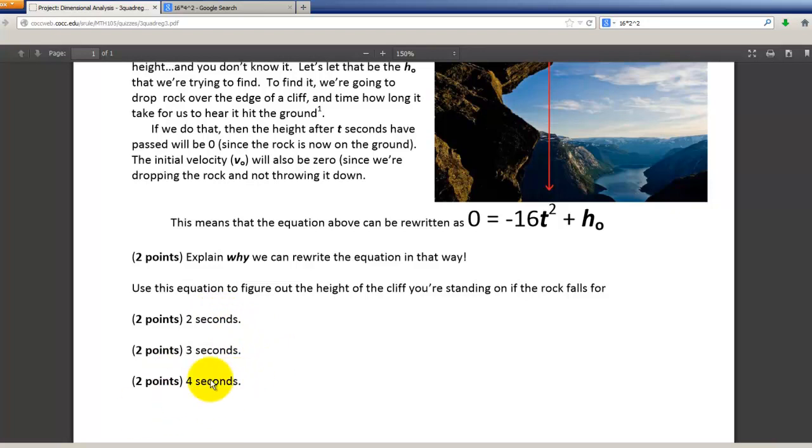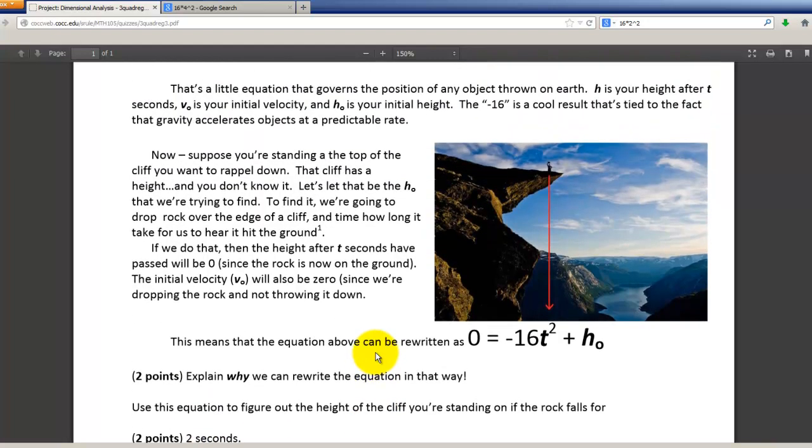This is when I start getting worried about my rappel rope. If it falls for 4 seconds before I hear it, that means my rope's going to be too short. The reason I bring this up is because I heard Bear Grylls on Man vs. Wild or Running Wild with Bear Grylls, one of those TV shows, state that a rock falls about 25 feet a second. And that's wrong. It doesn't fall 25 feet a second. It falls faster the longer it falls. To a point. There is something called terminal velocity, but it's not going to hit terminal velocity unless you're dropping it off the top of El Capitan. So to think that it falls the same amount every second is kind of silly because it doesn't. It accelerates under the force of gravity. Anyway, I hope that helps, and we'll catch you in class.